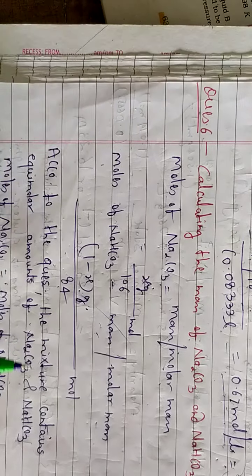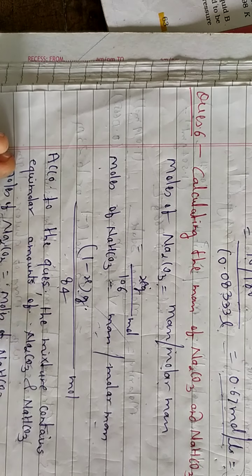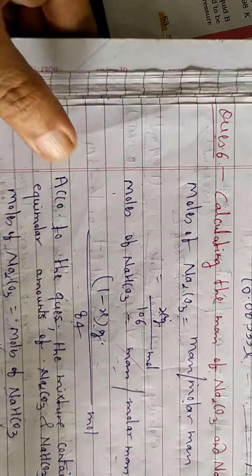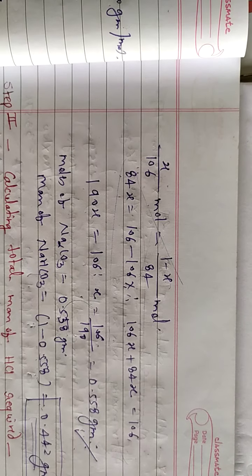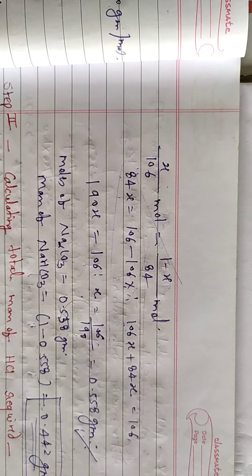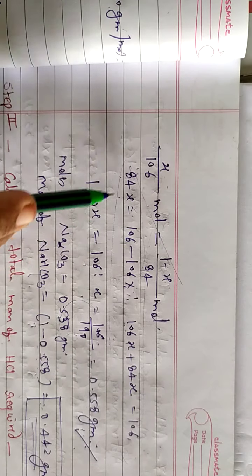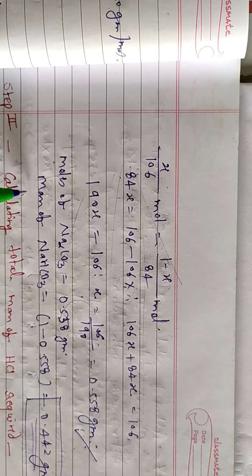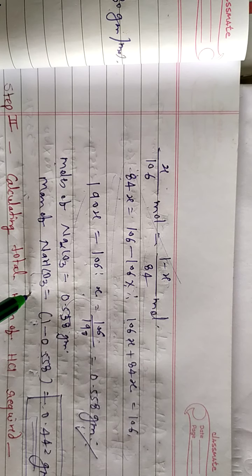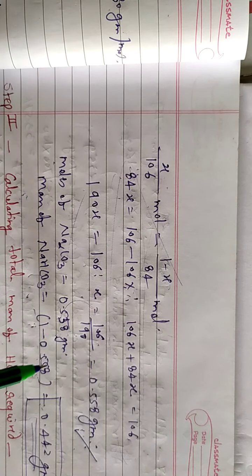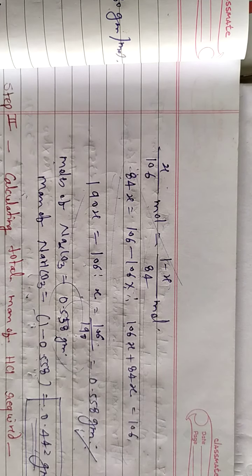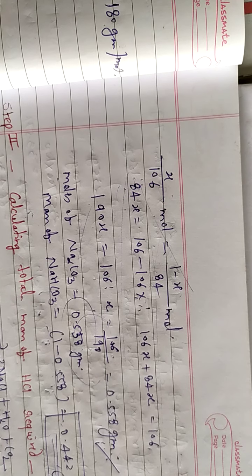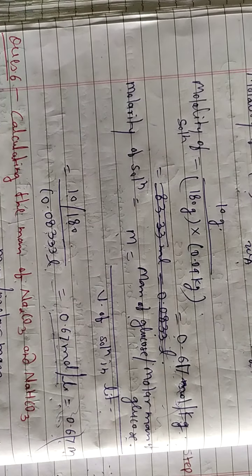Then because in the question it is given that equimolar amounts are taken, therefore here we wrote moles of Na2CO3 is equal to moles of NaHCO3. Okay, then again putting the values. After putting the values and doing all this calculation, you got here the moles of Na2CO3. Then we have to find the mass of NaHCO3, because in the question it is asked. So 1 minus this value, you are getting the mass of NaHCO3. Okay, so in this way the calculation is done.